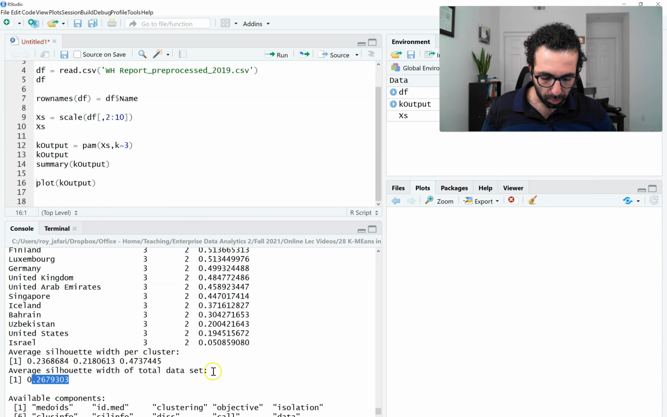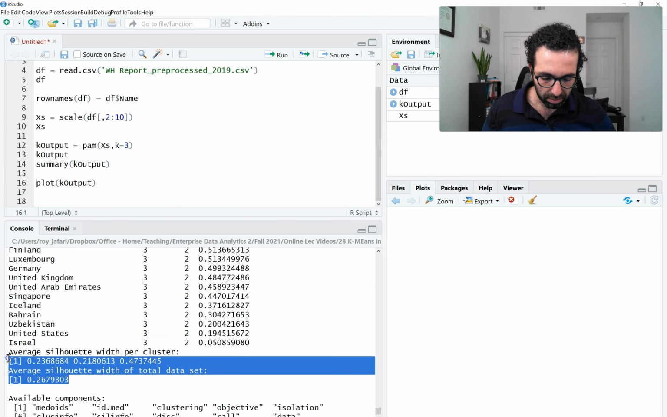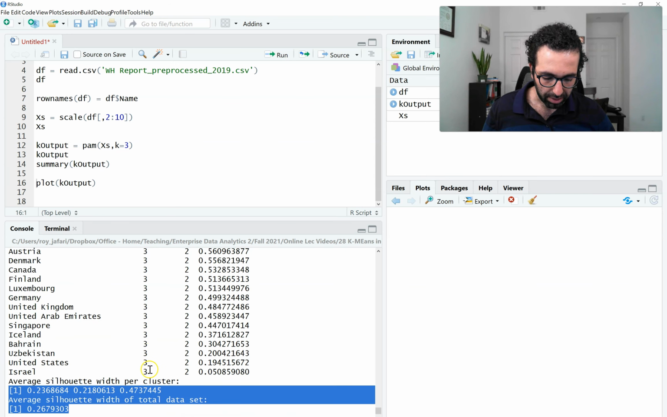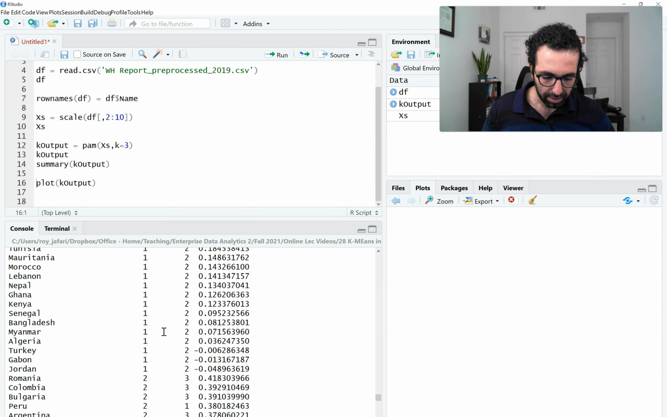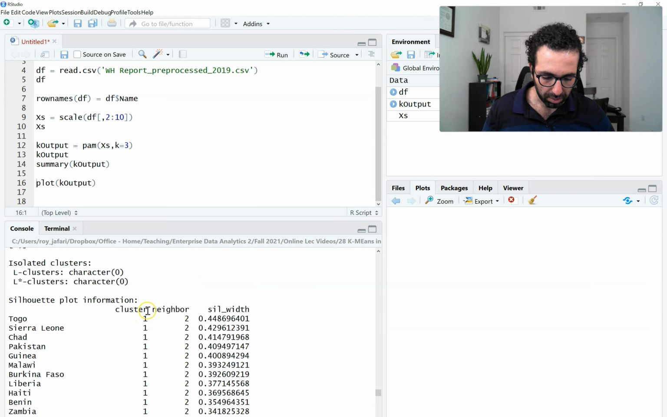So that's one thing that the summary gives us, but the summary also gives us the cluster. Let me scroll up here. We got each country's cluster, the closest neighbor to that country, and also the silhouette score of that specific country. We will learn that each data object has a silhouette score, and when we calculate the silhouette score for the clustering, we basically average all of the silhouette scores for all of the data objects, something that we will